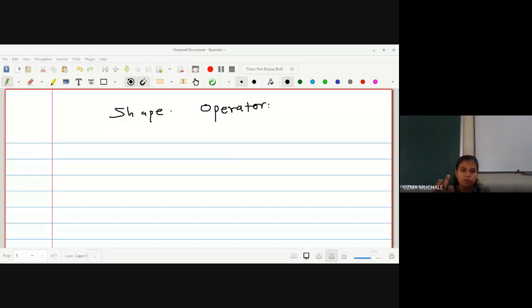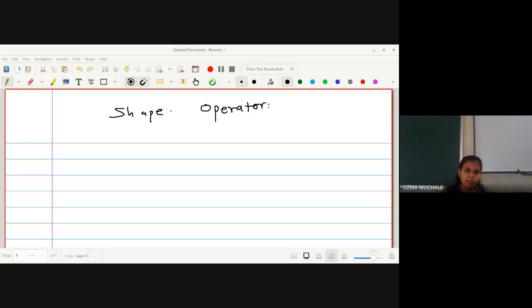Whenever you go for the Frenet apparatus for a curve, what did we study for the Frenet apparatus? Tangent, normal, binormal, torsion and curvature. Okay. Here also, what is the meaning of shape operator? Shape operator on the surface means it is going to tell you everything about the surface, just like all the Frenet apparatus tell you everything about the curve: how it is turning, twisting, what the rate of twisting is, what the velocity is. Without knowing the curve itself, you can find out everything.